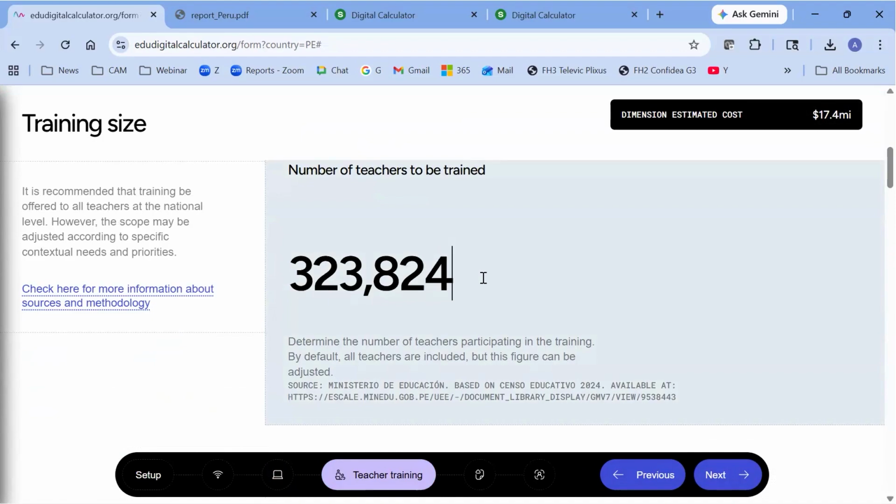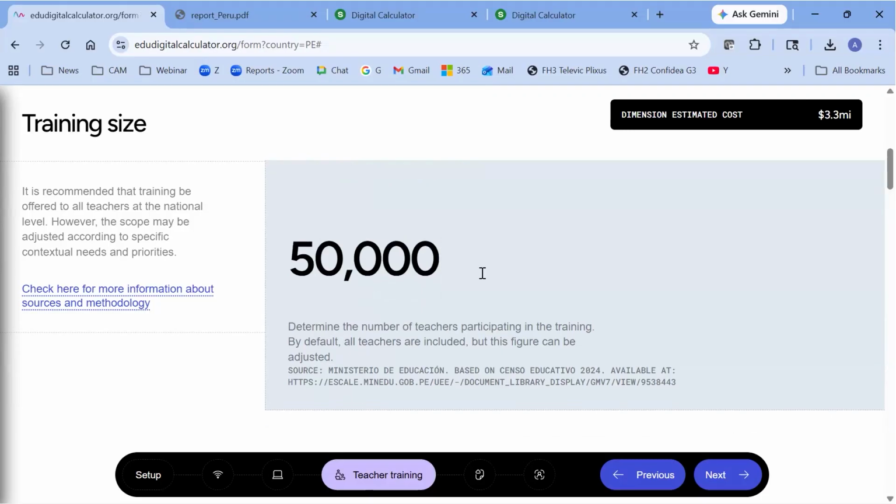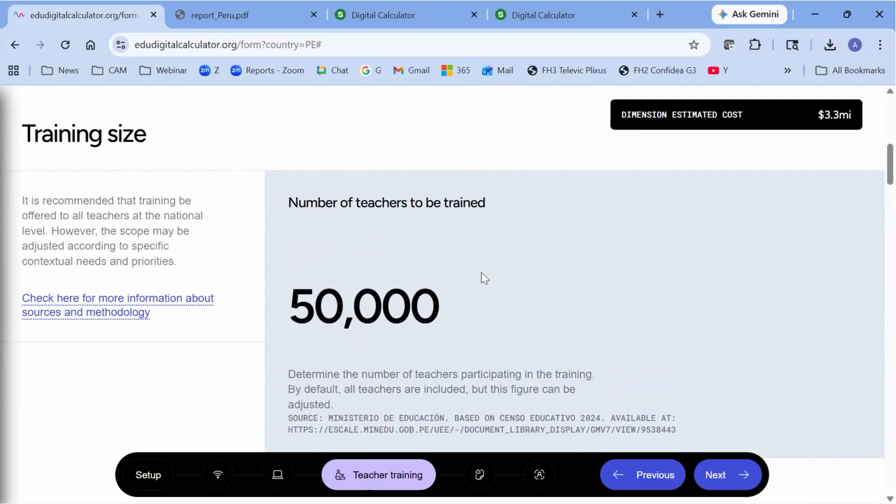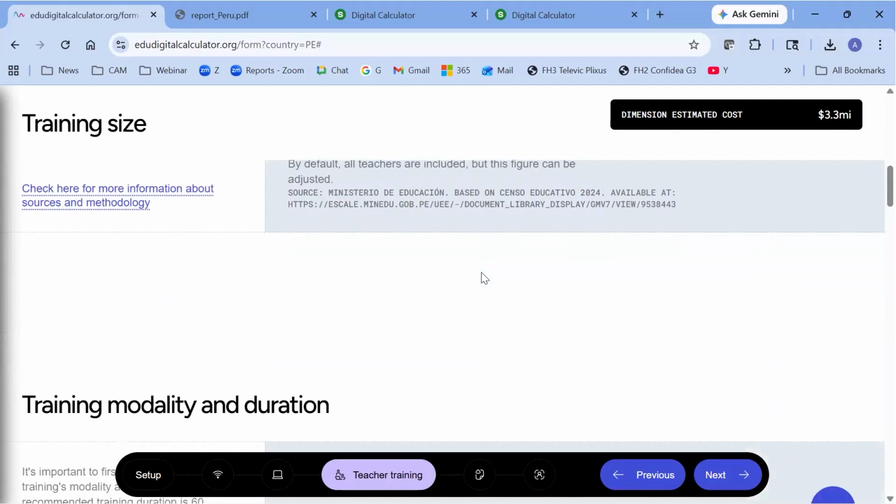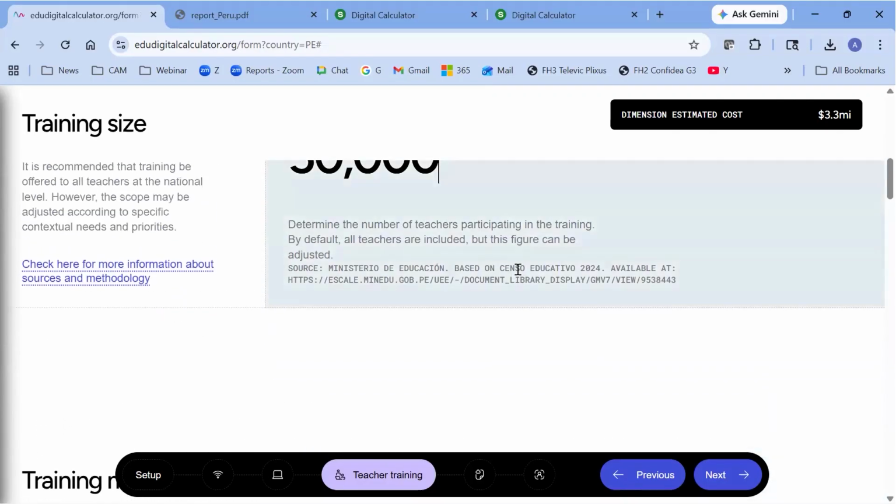But let's say that this country, Peru here, wants to start with STEM teachers to be trained. So I can change here. I don't know how many STEM teachers, but let's say 50,000. So this changes the cost too. The idea here is to make those kinds of changes, make those kinds of choices based on the trade-offs